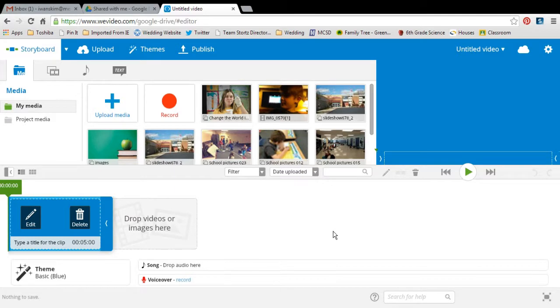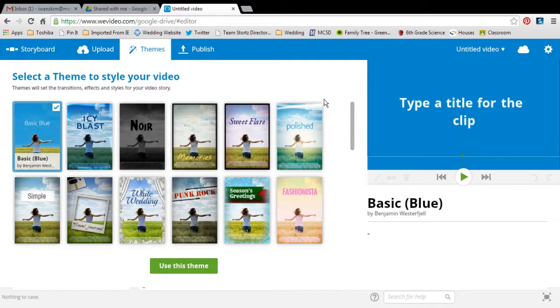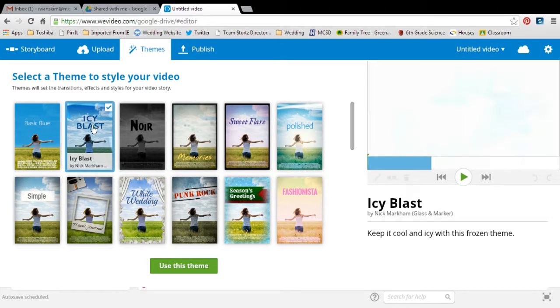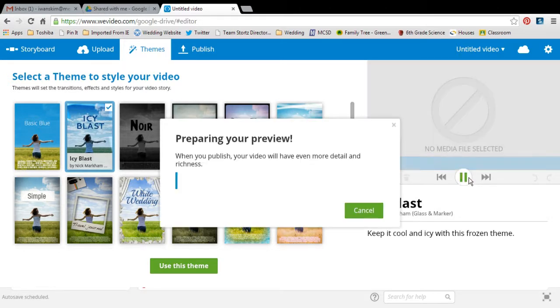So basically what I'm going to have the option to do is to drag things into my storyboard down here. I can drop in a song that's going to go over it, and then I can record a voiceover if I want. One thing I want to show you is the themes within WeVideo, because we have the option here to make our video look a certain way. So right now the basic is going to be kind of like this, a basic background, some basic font. But depending on what kind of mood you want to set with your PSA, you might choose to do a different theme. So if I choose, for example, Icy Blast,